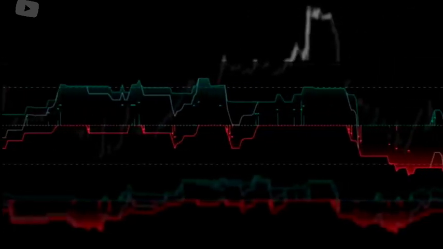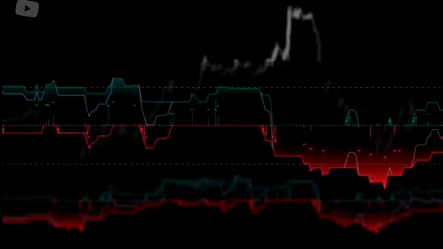And that wraps up our breakdown of the fair value gap mitigation oscillator, an innovative tool that transforms traditional FVG analysis into a dynamic momentum and structure gauge. It helps you see market pressure, identify retracements, and spot high probability trade setups